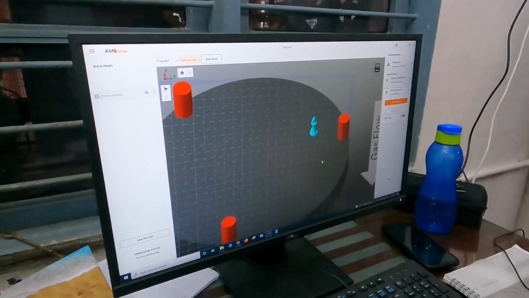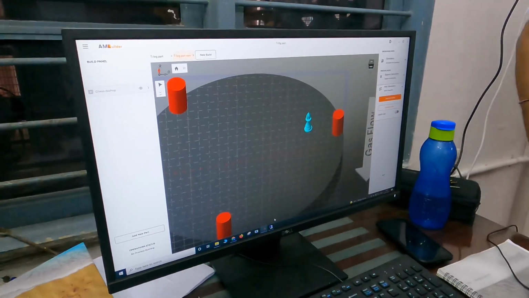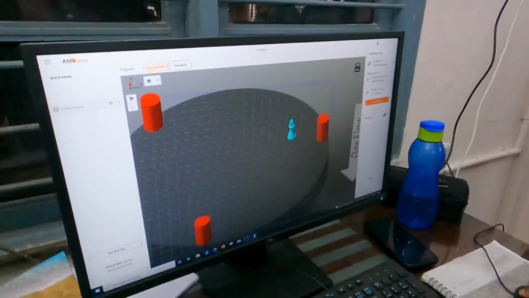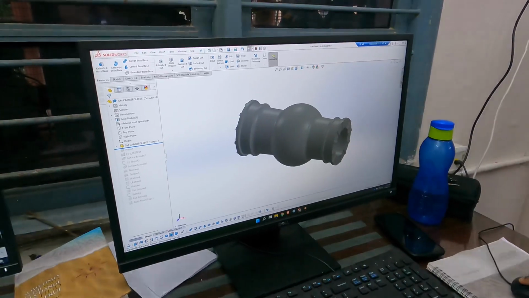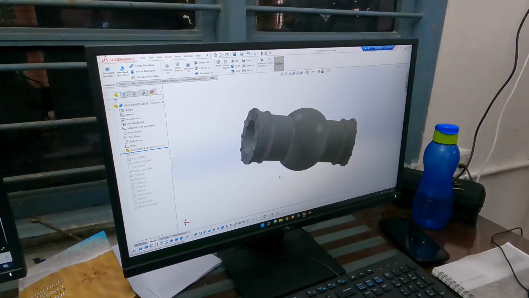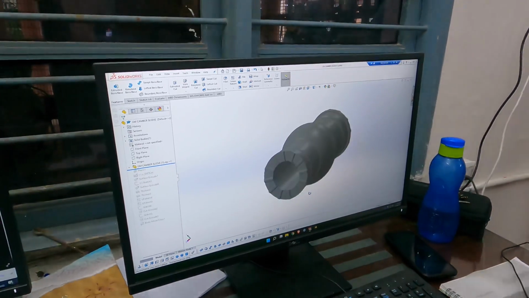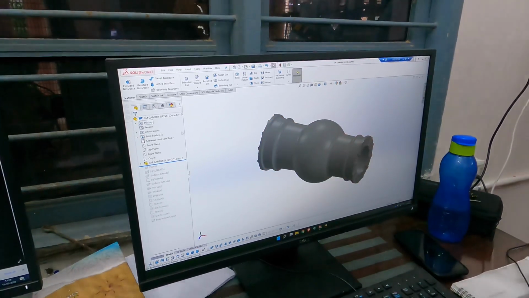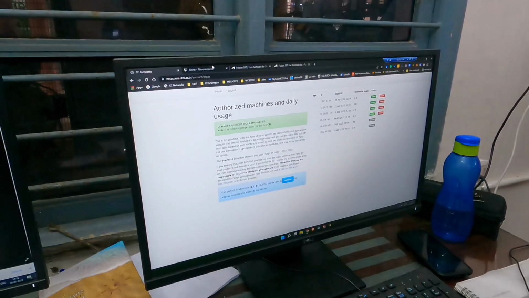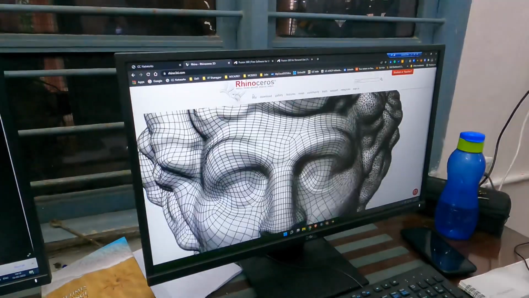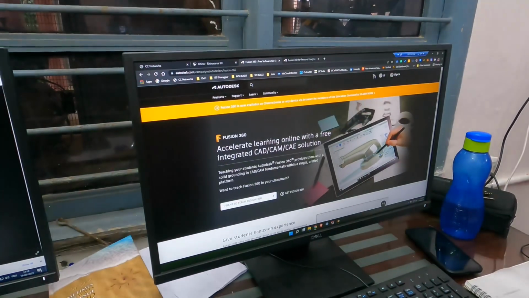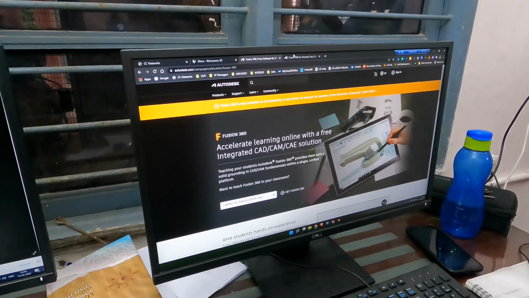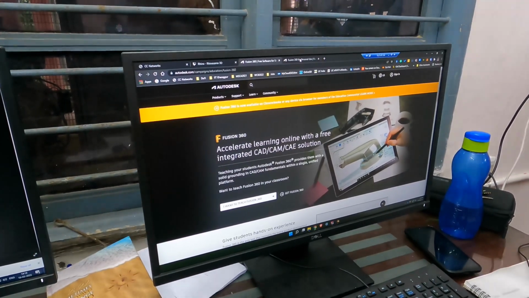Okay, thank you. I will explain the designing procedure. First we will make our designs. We can use a few softwares for that. First one is SolidWorks for engineering drawings and engineering design. There is an example of a sleeve that can be printed using the additive manufacturing method. This can be made in SolidWorks, or there are other options available as well. You can use Rhino softwares for modeling, and Fusion 360 is another option. I think a student version is also available for Fusion 360. So you can use either of these softwares.